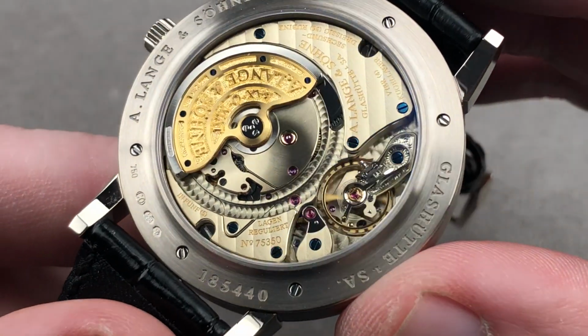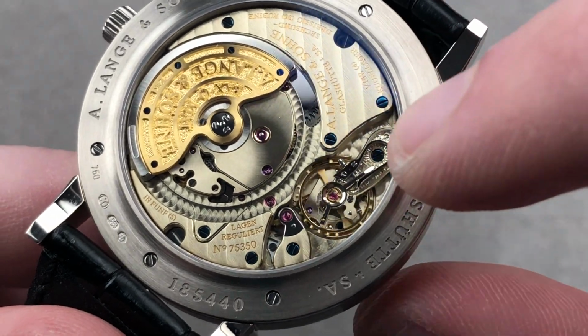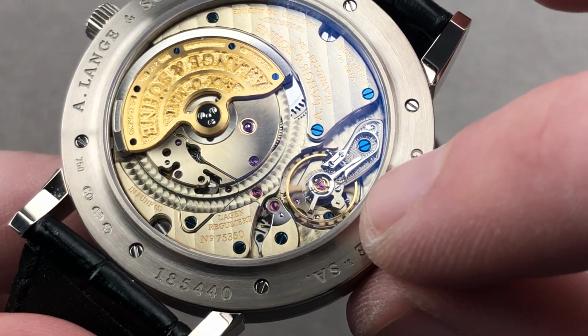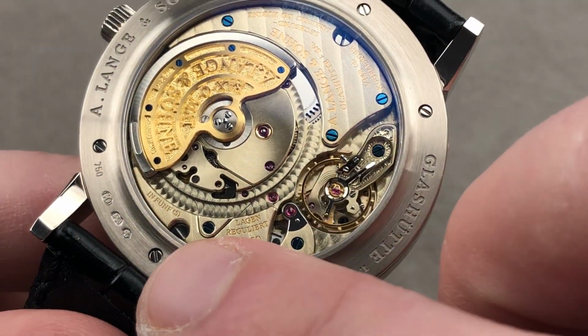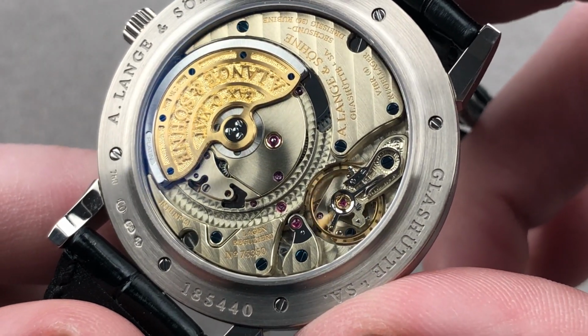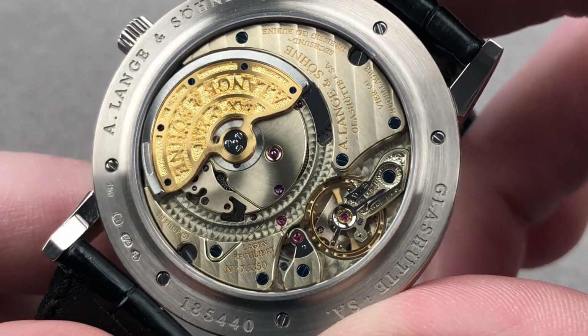And of course, the technical specifications are impressive. Automatic winding, 21,600 beat rate. It has a 46-hour power reserve. It has the stop seconds with zero reset action. And as you can see, it features 5-position adjustment, which is the same as the high horology and chronometer standard. 5 positions really is the golden standard. And the timepiece